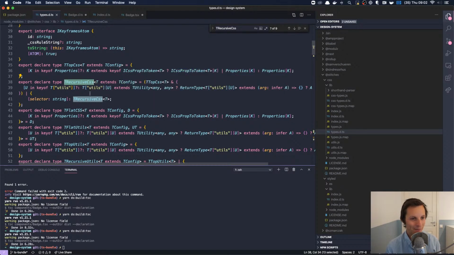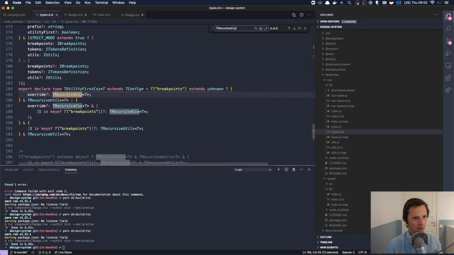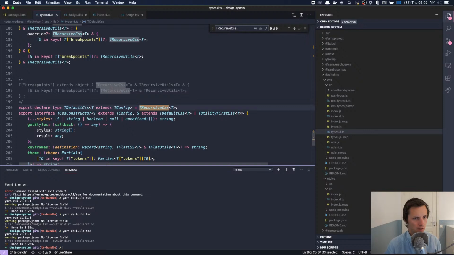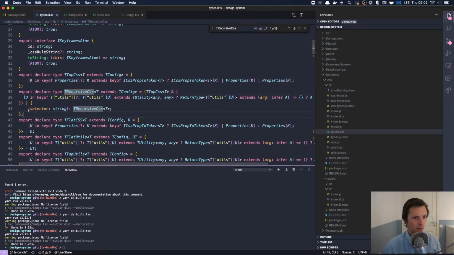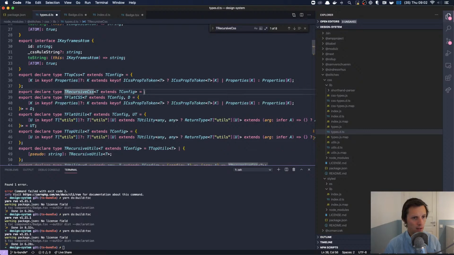It must see some kind of need to... is it because utility first? So where do we actually? Yeah, and then we have the breakpoints. We haven't looked at the breakpoints yet. So we have T defaults. Is it because it's... okay? So let's take this thing now. Yeah, we are not handling the breakpoints, so we're clearly not done.